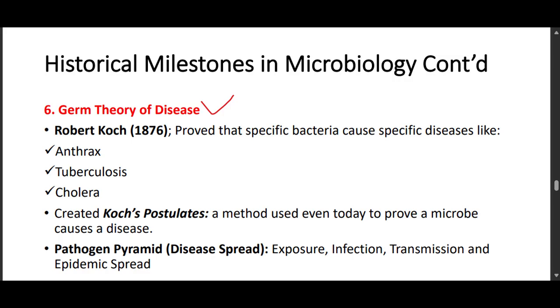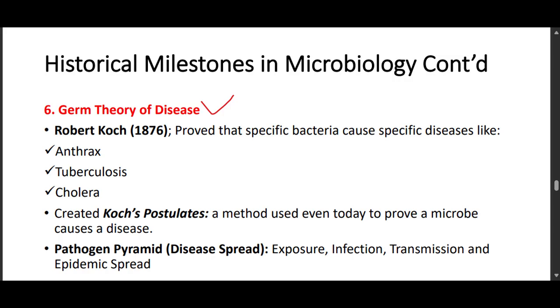So the bacteria that causes tuberculosis is not the one that causes anthrax, neither is it the one that causes cholera. That is the germ theory, that a specific bacteria will cause a specific disease. Under the germ theory, Robert Koch created Koch's postulates. This is a method which is even used currently to prove that microbes cause